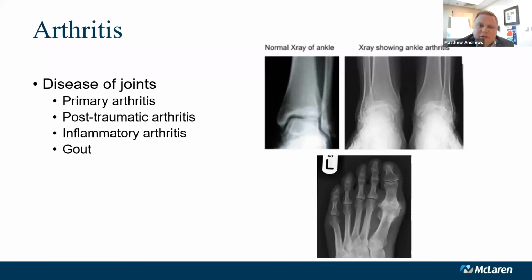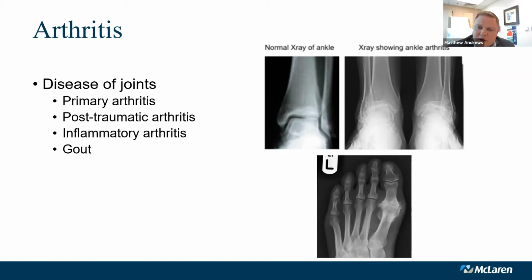Arthritis conditions are very typically easily diagnosed based upon plain film x-rays and also clinical history. Usually it's an activity-associated pain or diminished function. I've got decreased range of motion. I've got a lot of jamming in my big toe joint. And these x-rays that I'm showing here on the right are really kind of extreme examples of that. The ankle one especially, that's a pretty severe arthritic change of the ankle, and there's probably very little to no cartilage left in that joint whatsoever. And that's somebody who's probably facing either aggressive bracing or possibly a joint fusion or replacement in that case.